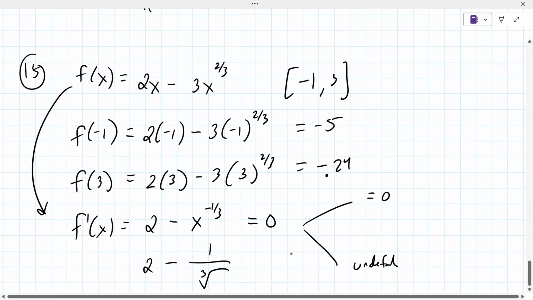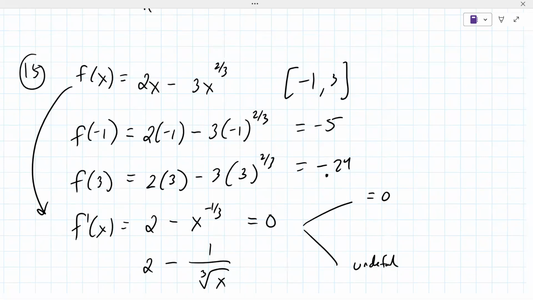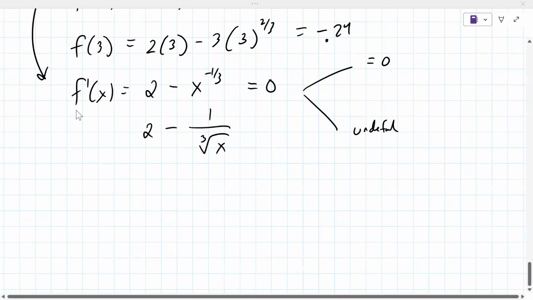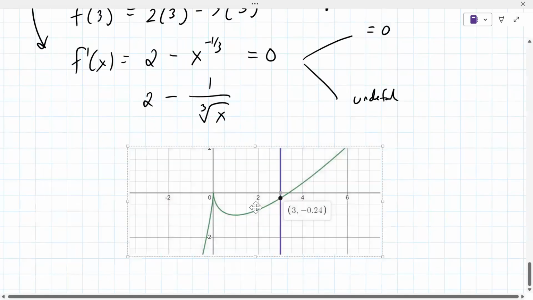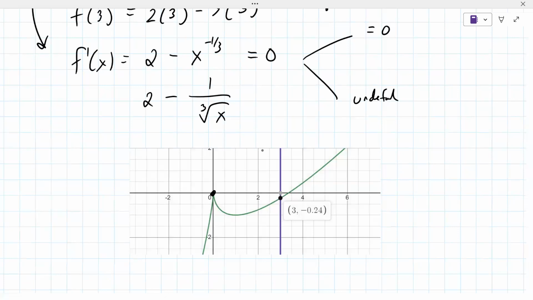But when this is 0, the derivative is undefined. Graphically, that's a cusp. So what I'm saying is that that's also a place to look for, and then you'll find this other critical point. So the critical point is when the derivative equals 0, which is at x equals 1,